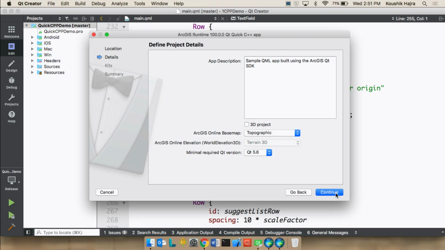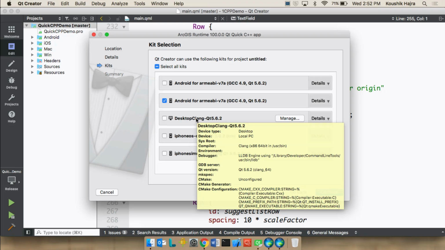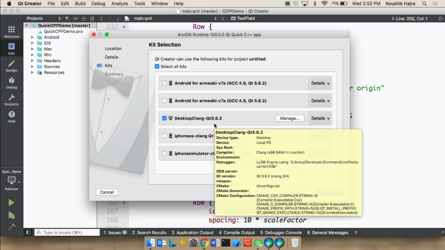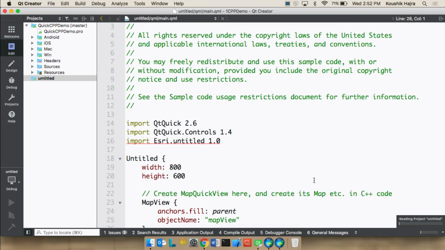So I want to create a 2D app, so I'm not checking this 3D button here. And I'm just going to select whatever my base map, the default base map, just going to select all the defaults here. And this is where it asks me to select what kit I want to select. So basically a kit is, in this case, the compiler and my target platform. So here I'm targeting desktop because I'm running it on a Mac, and my compiler is Clang. Once I move ahead,